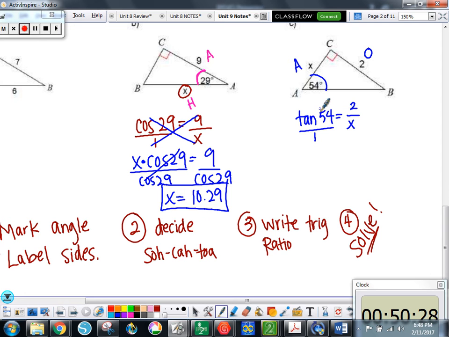X times the tangent of 54 equals 2 times 1, which is 2. Then we have to cancel this divide right here, so let's divide by the tangent of 54. Those cancel, and x equals